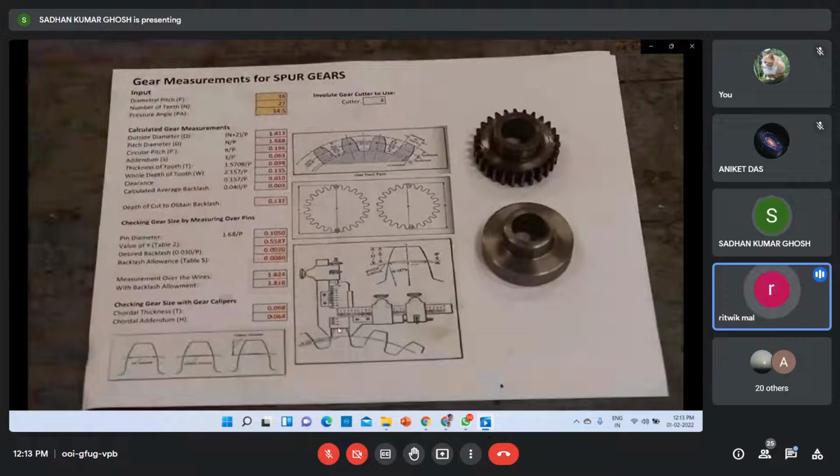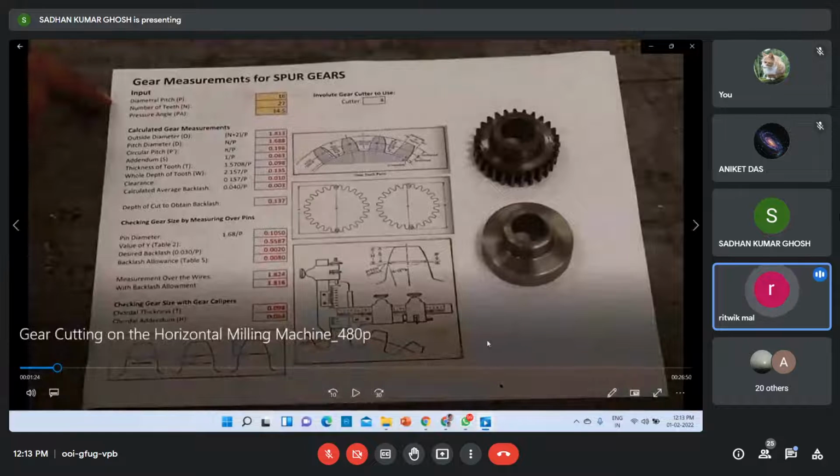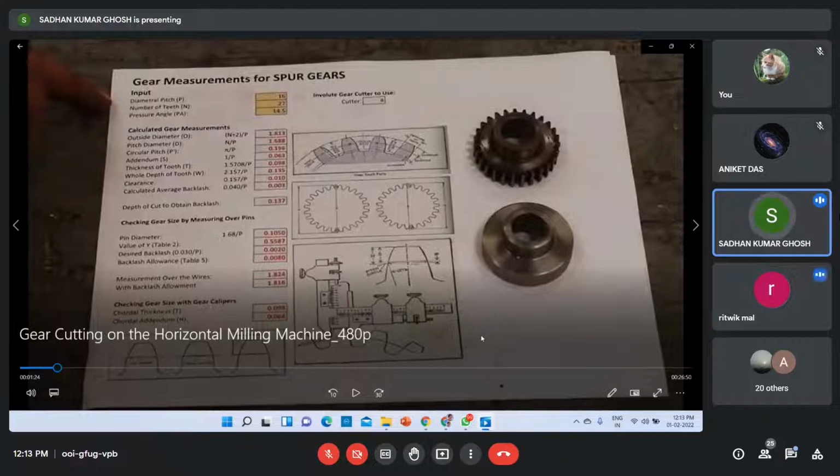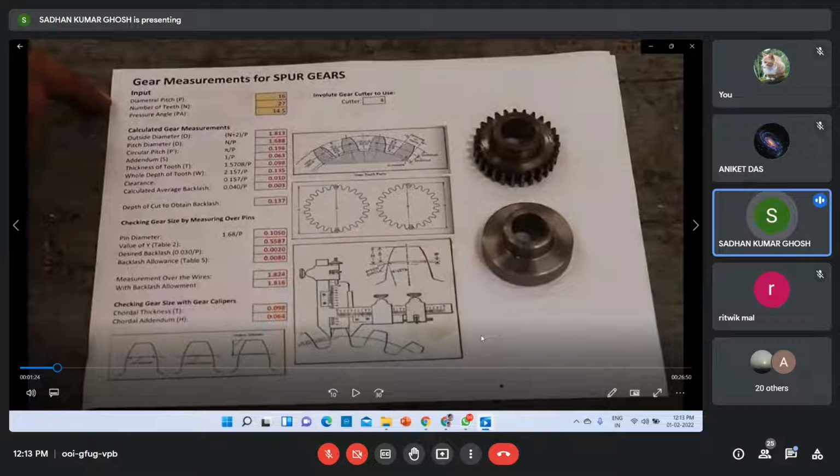Sir, is there any relation about what type of cutters we have to use for making the gear teeth? No, you can fix up any. I mean, you can be given, like say 10 dp. You can be given any task, and accordingly you have to set the tool. A tool must have a dp, and you must know what is the number of teeth to cut.